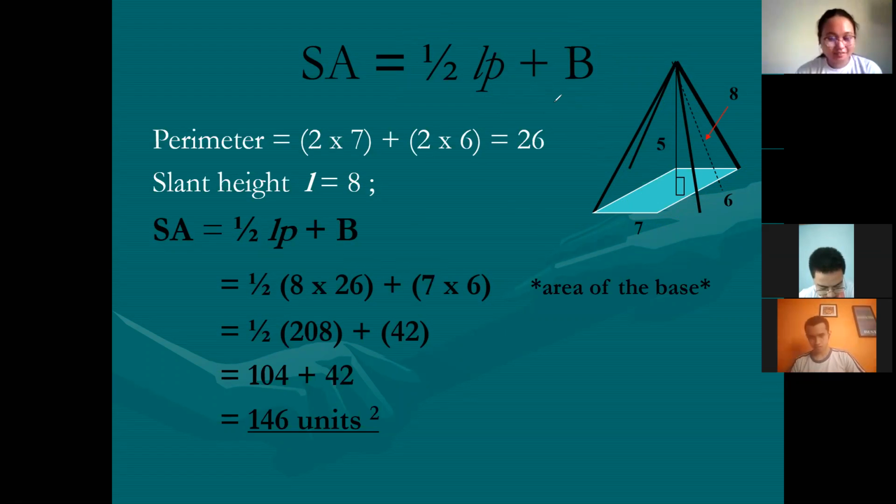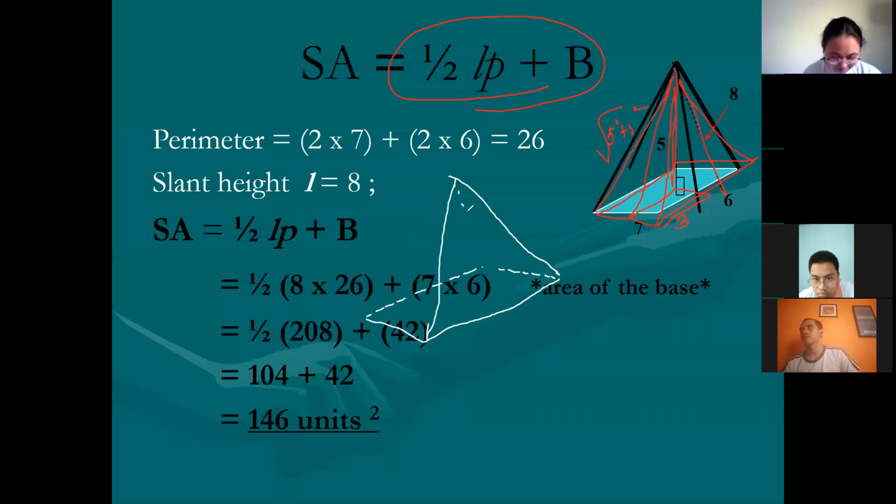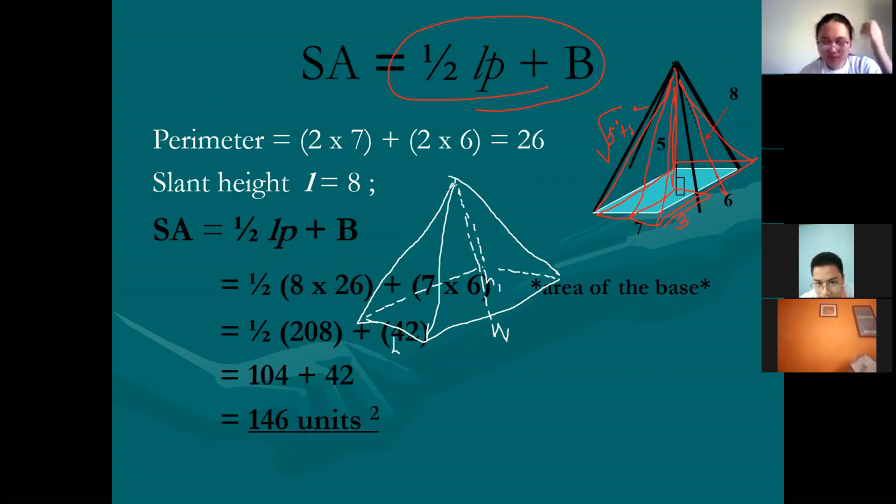Let me draw the triangle then. A rectangle rather. So if this is the rectangle, and then we have here the broken line represents the one at the back. So we have here the length and then the width, or depending on which it will be on the other side. This is the slant height, H sub 1, and this is the slant height, H sub 2.